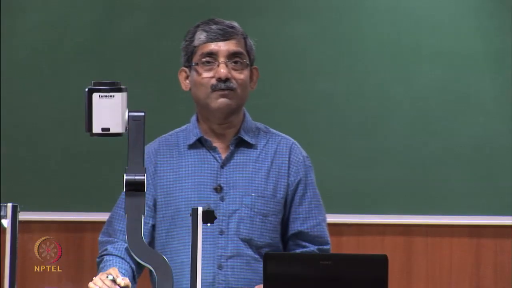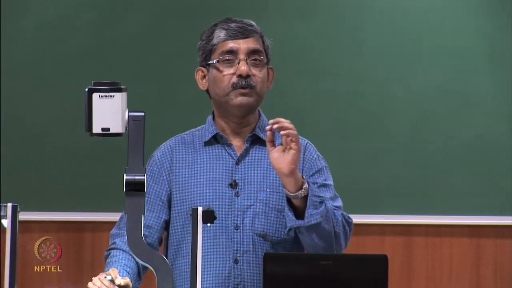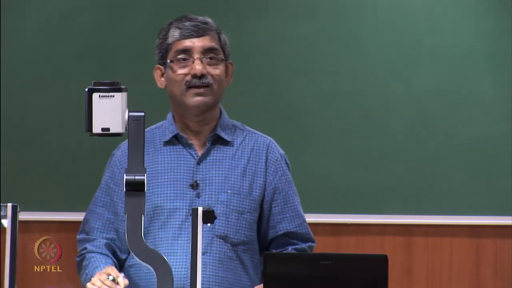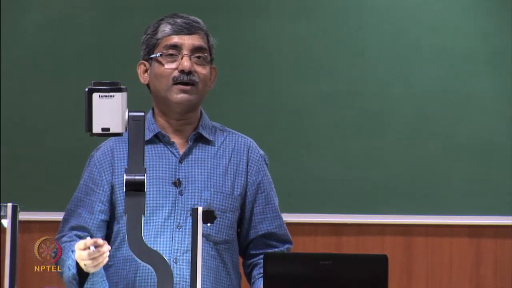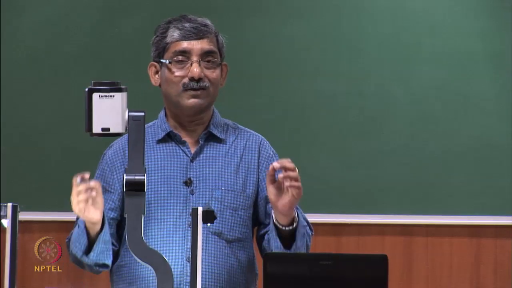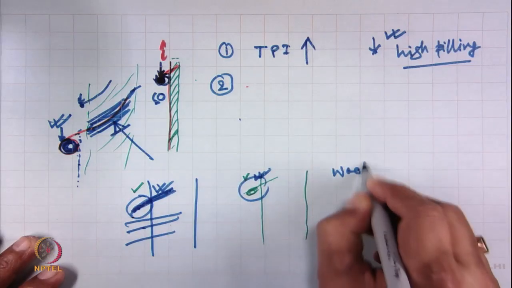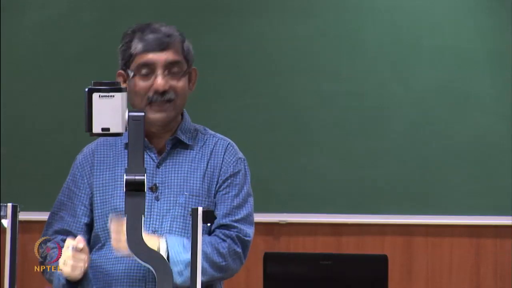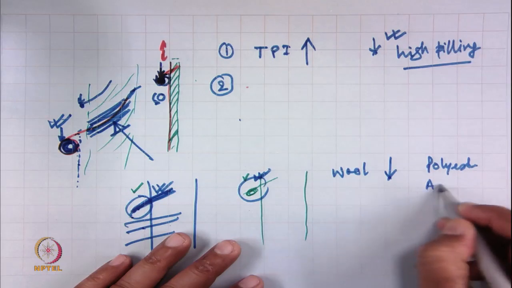Another case, we must have observed that the fabric made of pure wool, 100% wool, has less tendency of peeling than the fabric made of wool blended, or maybe 100% acrylic. So, the reason behind this is that wool has less bending strength, that is, the lateral strength of wool is less than, say, polyester or acrylic.